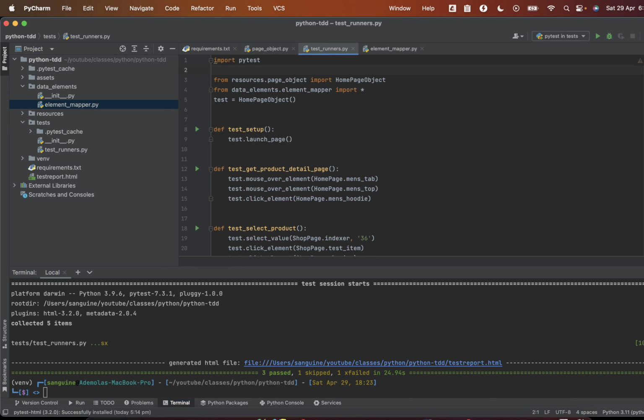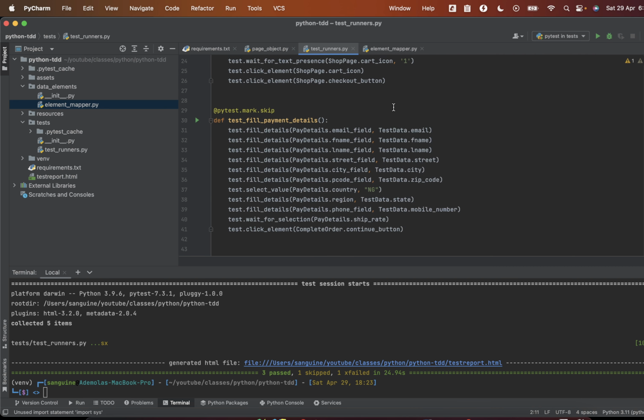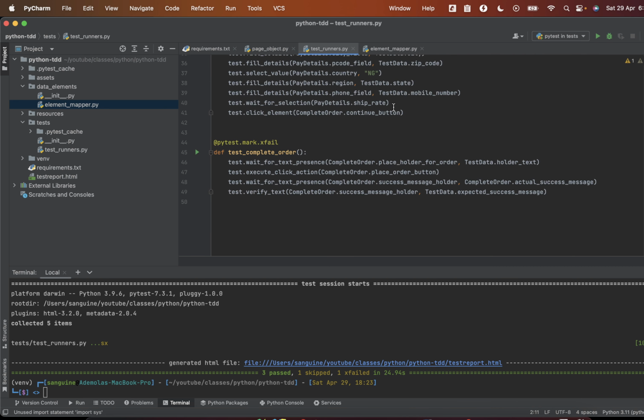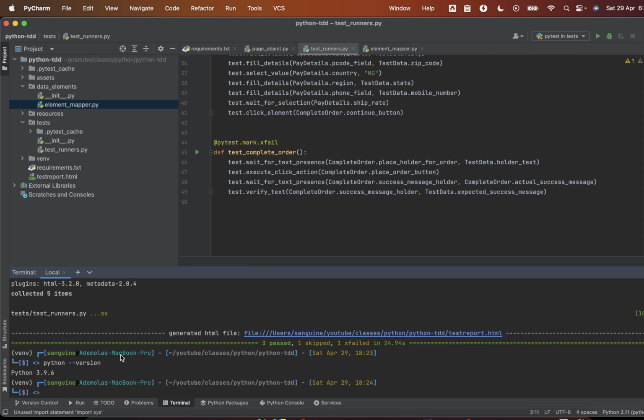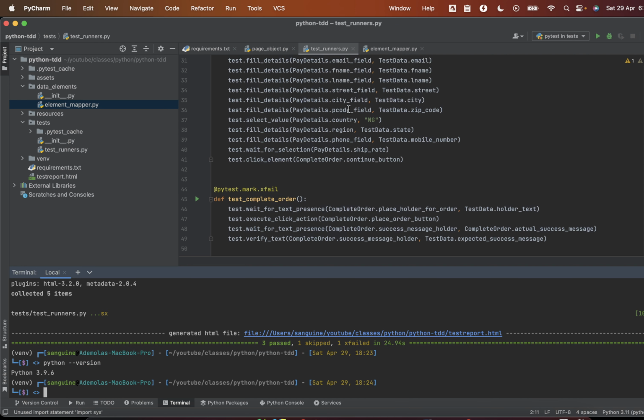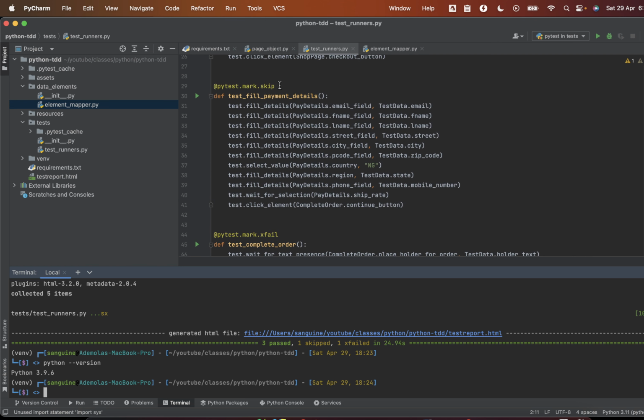But for the sake of explanation, let's import sys here. The Python version in our virtual environment is 3.9.6. So we can use skipif. We are using the if method, and this time we have to create a condition. Skip if